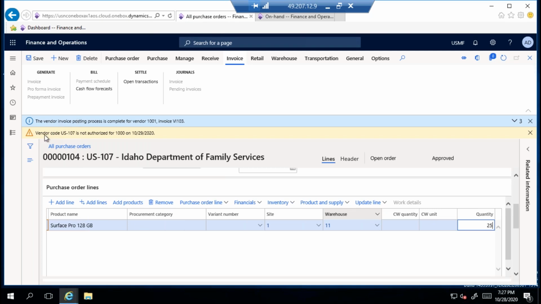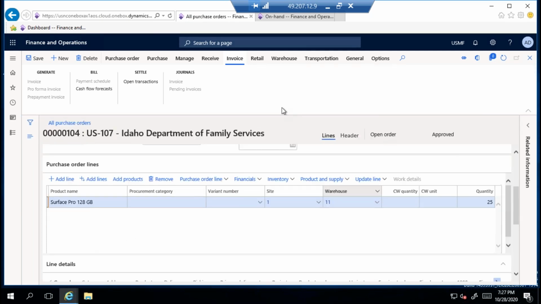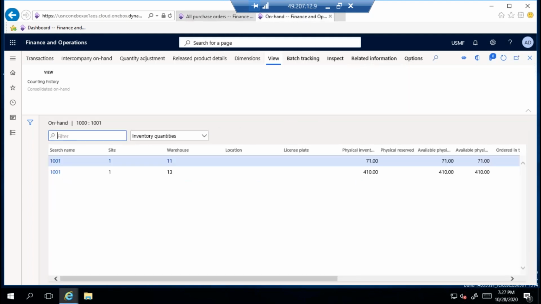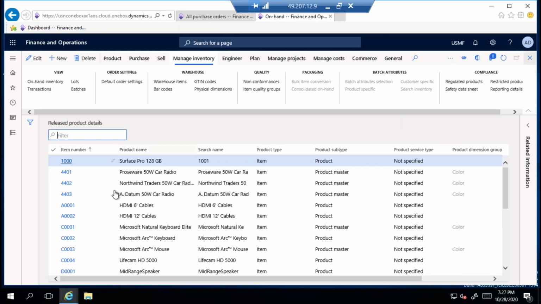I'm getting a warning message: vendor code is not authorized. What that means, I will explain later, but for the time being I'm removing that. This item has some setups.